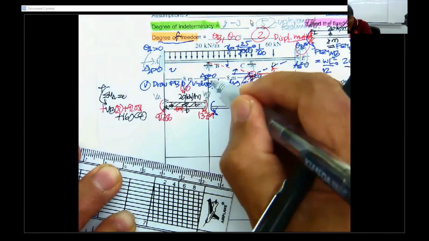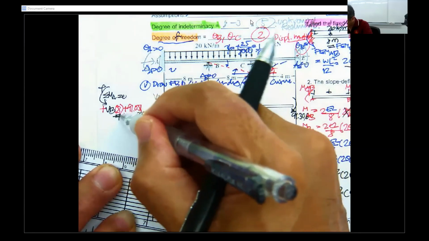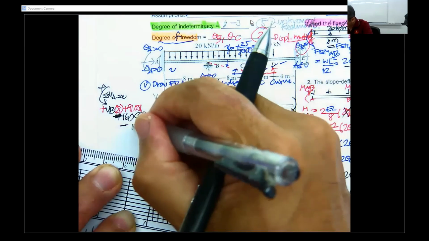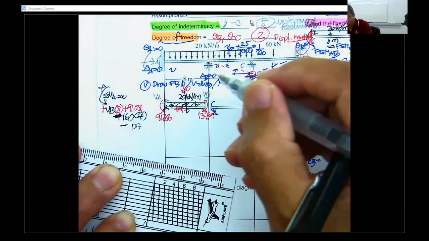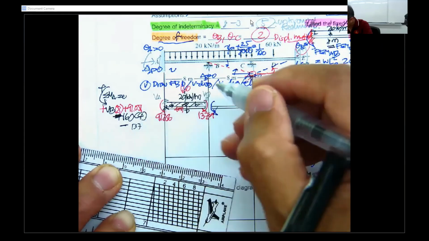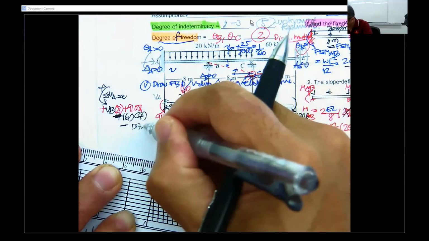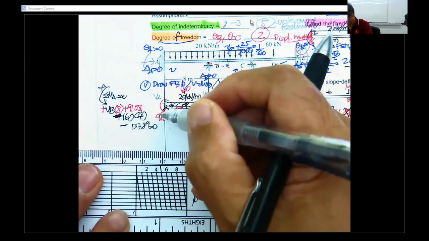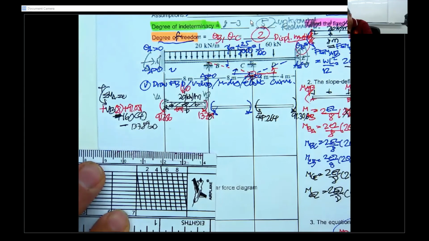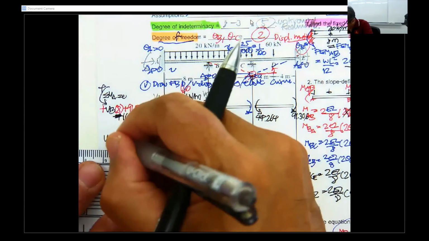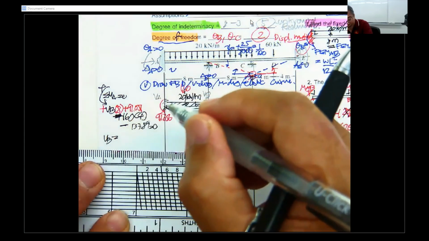This is going to be minus. And then you're going to minus 137.89 equal to 0. You put everything into your calculator and you will get V sub B equal to